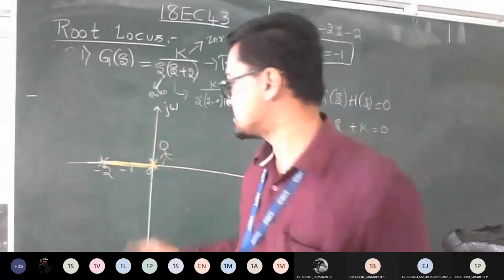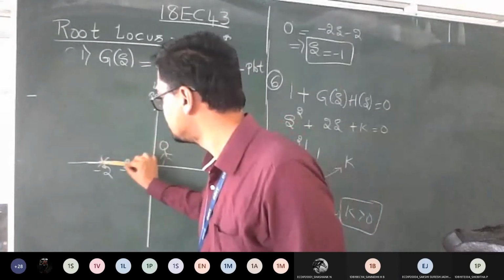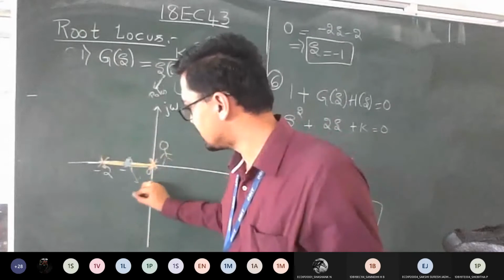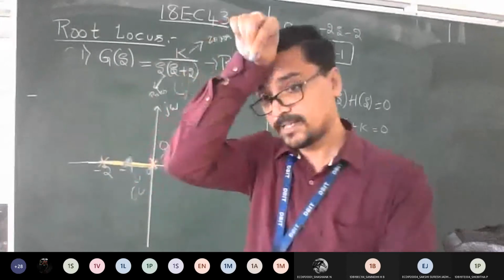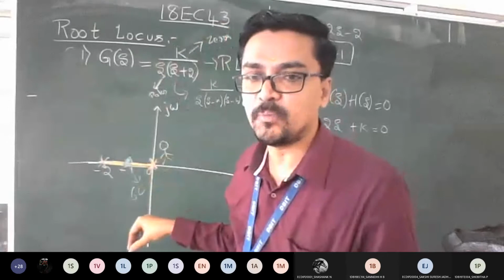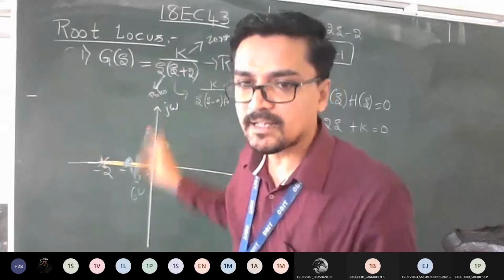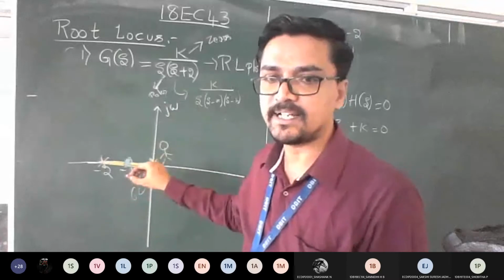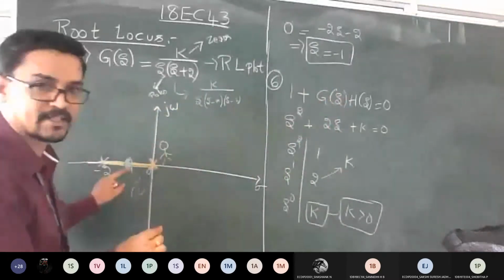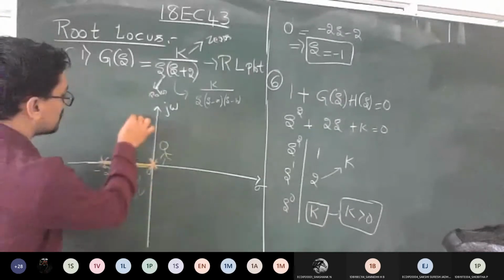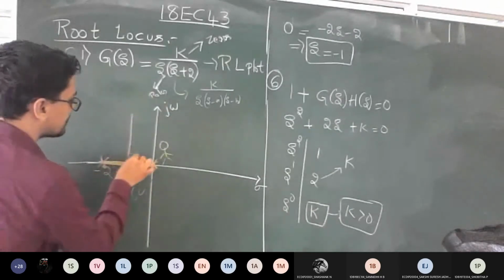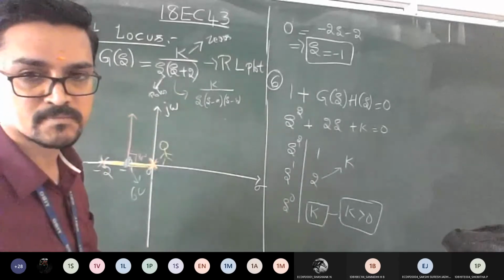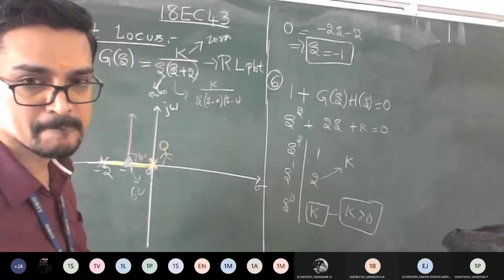-1. See here? So you can mark the centroid here, and you can write this is nothing but sigma c. This is the position where I need to plot my angles. Is it clear? So now tell me what is the angle, guys? One is 90 degree, correct? From this base point, if you use a protractor, your 90 degree is like this. Yes or no? Correct.